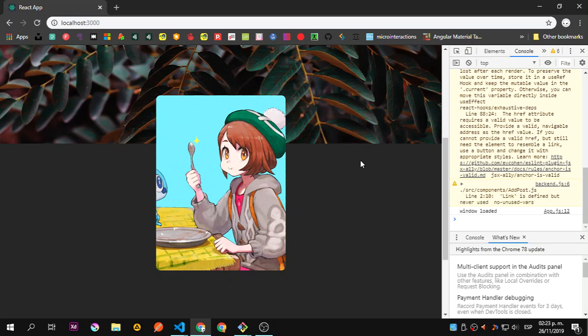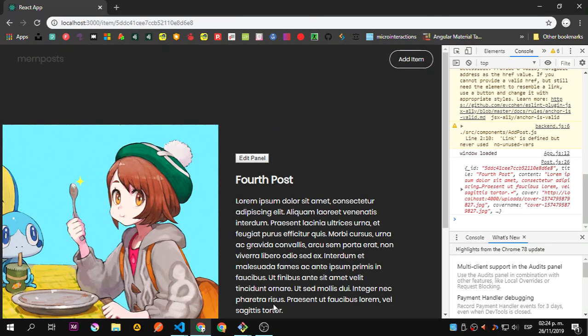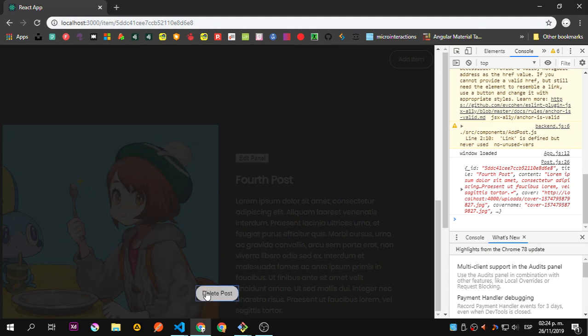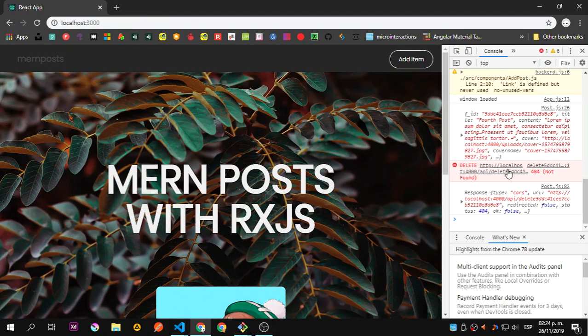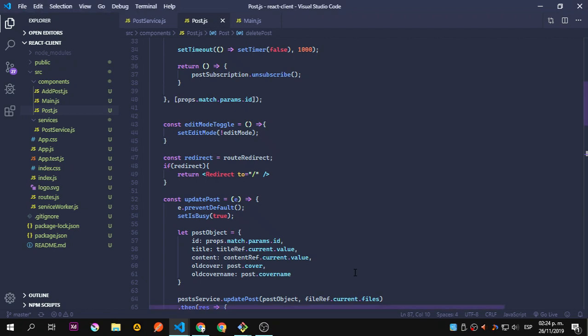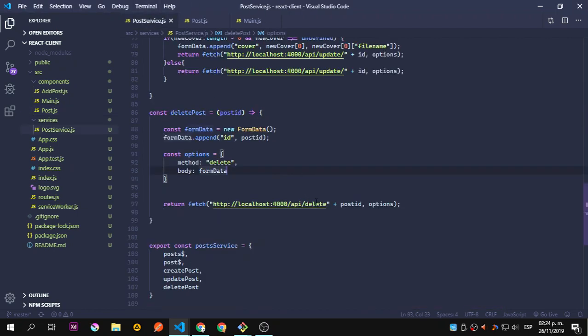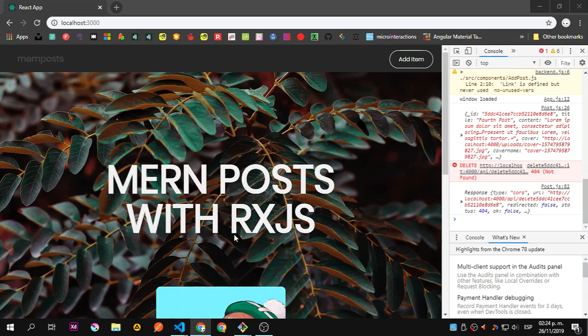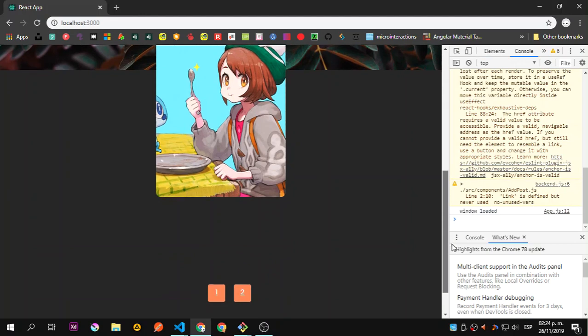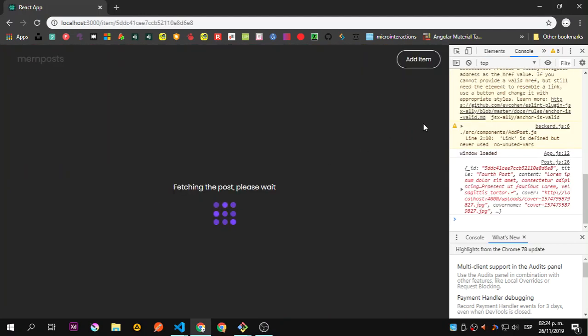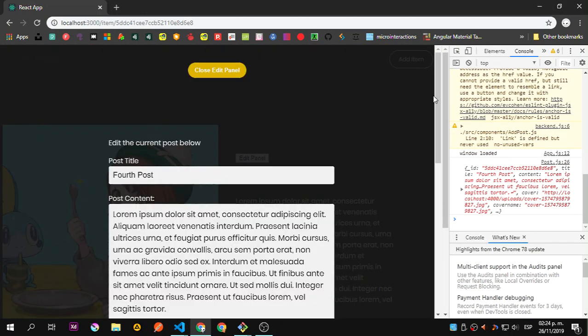Okay, that doesn't seem like it worked. So let's try again. Delete post. Okay, an API error. I forgot to add the slash there, so it actually sends using the correct syntax. So edit,